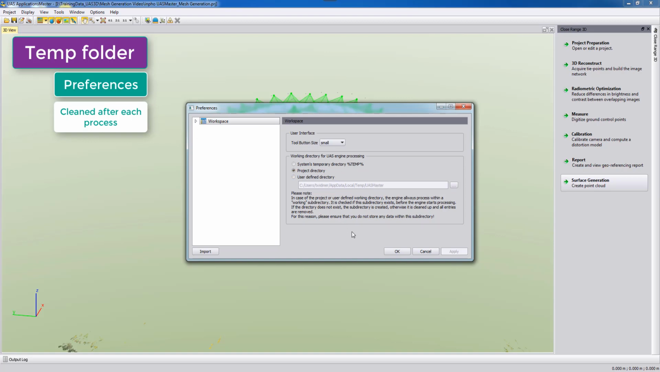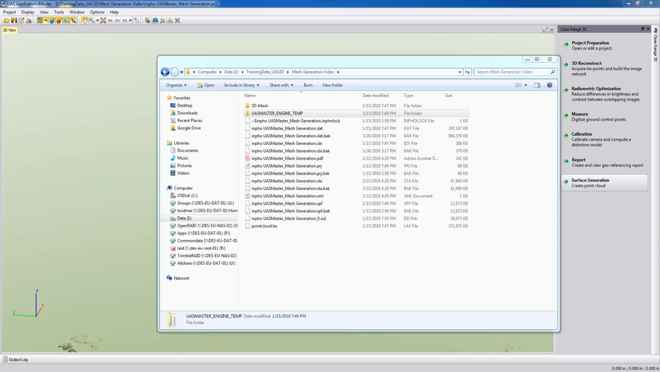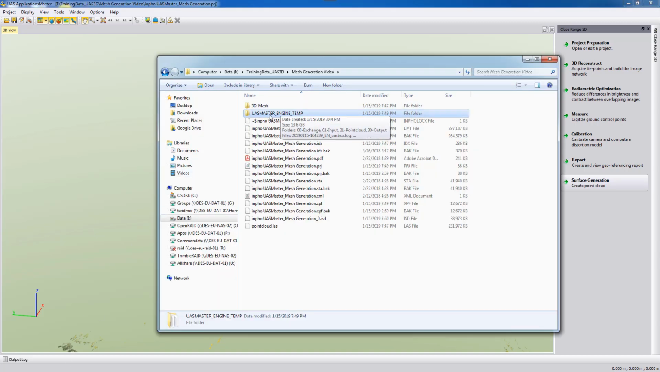But be aware, the temp folder will always be overwritten from step to step. That means if you run the 3D reconstruction, the temp folder is cleaned up and filled with the 3D reconstruction information. If you run the surface generation, again the temporary folder is cleaned up and filled with the surface generation files. In our case here, we now have this UASMaster